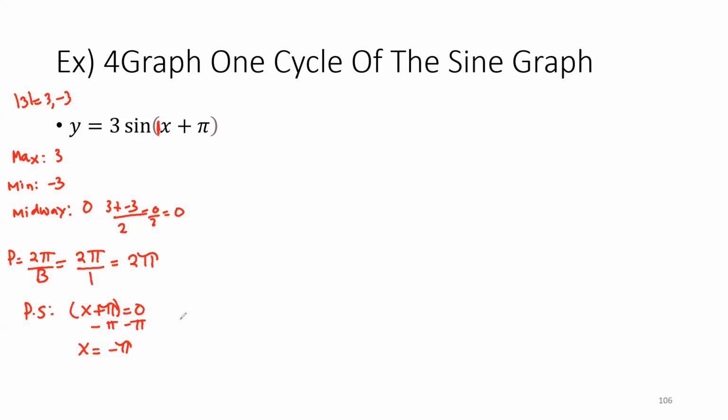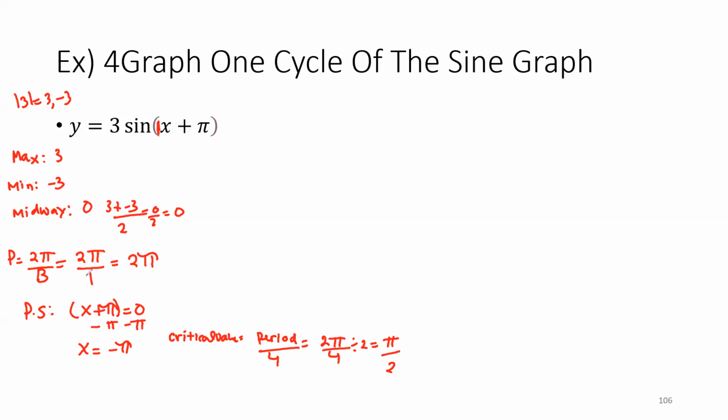Okay, and then we still got to find our critical values. So the critical values are period over 4. So what's my period? My period is 2 pi. And then divide that by 4, so that could be reduced by 2. So that would be pi over 2. Okay. So you keep on adding pi over 2 until you get